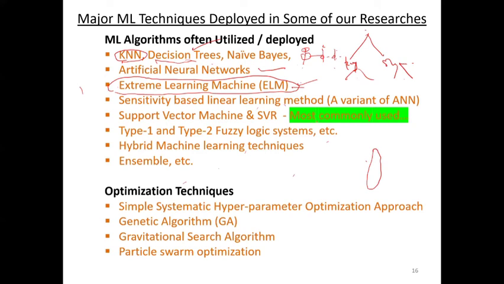One of the unique reasons why we use support vector machine often, here we say support vector machine and SVR. This one means support vector regression, because originally support vector machine was developed for classification only, but was later extended to cover regression. That is why the regression aspect of it is called support vector regression. However, sometimes people just call it support vector machine to refer to either regression or classification, which is also fine. And it's one of the machine learning algorithms that after this series we are on, we're going to bring up to look at in detail. What are the unique capabilities of support vector machine that have made it so important and appealing